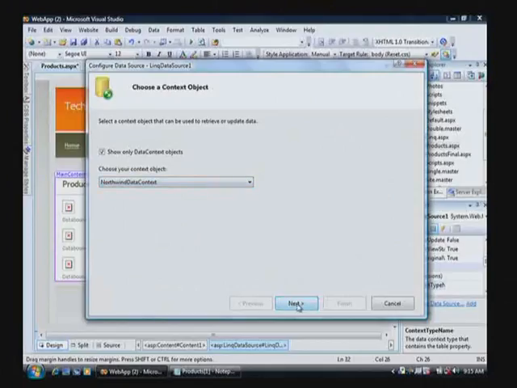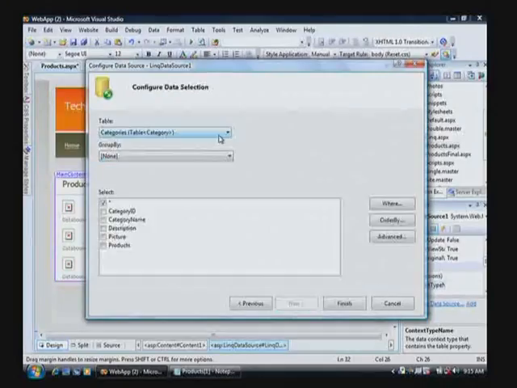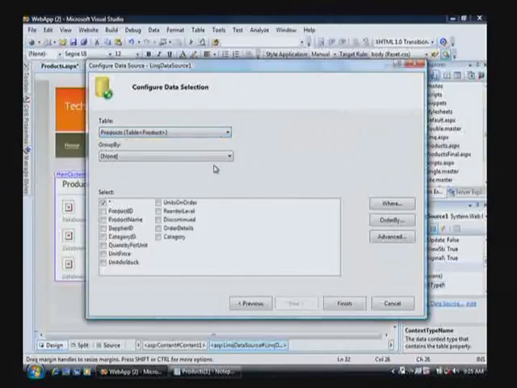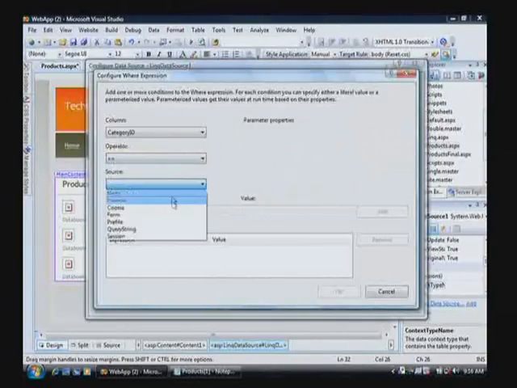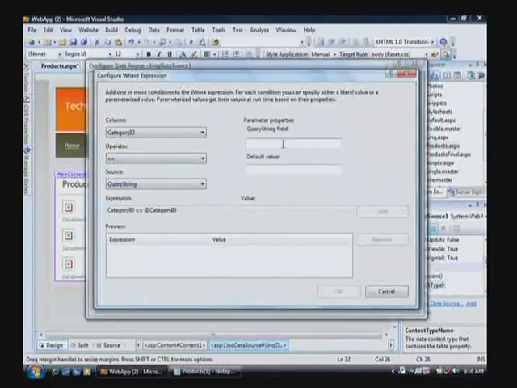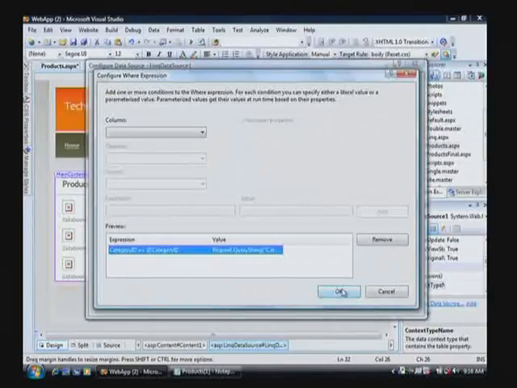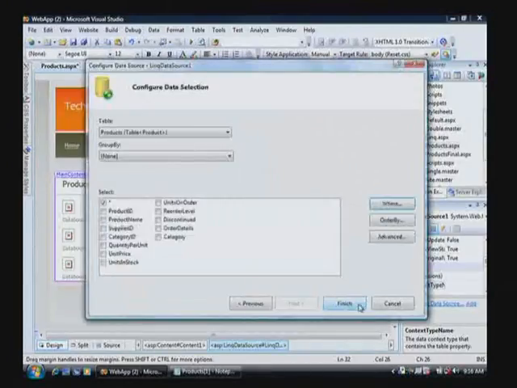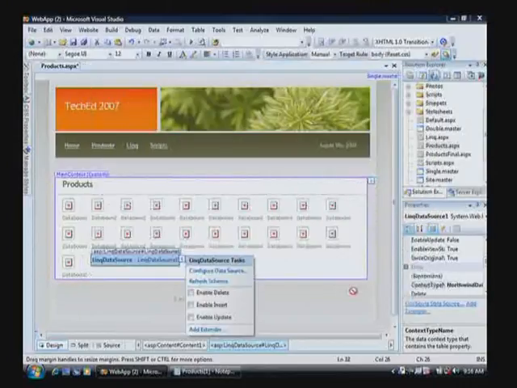We'll use that. And then we can just go ahead and pick the object that we want this to bind to, and we'll bind to the products object. For simplicity, we'll just select all of it, but we will say category ID, and we'll pick the query string, and we'll just say category, and we'll give it a default value so that if it's not specified, we'll go ahead and choose one. And we'll just hit finish. So what we've done now is updated this data source to bind to that data layer